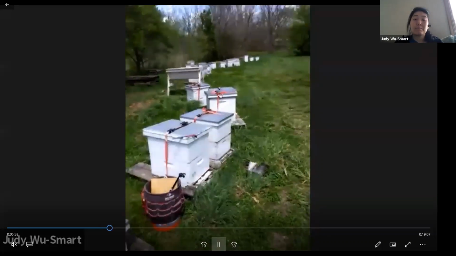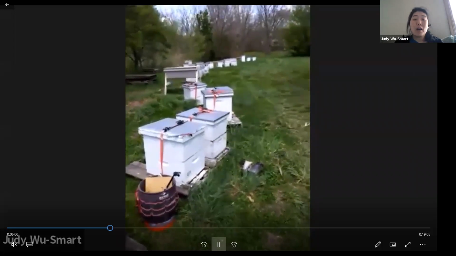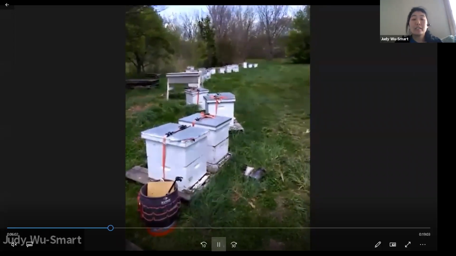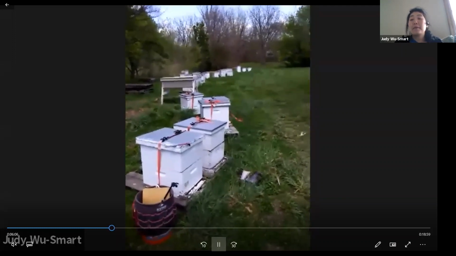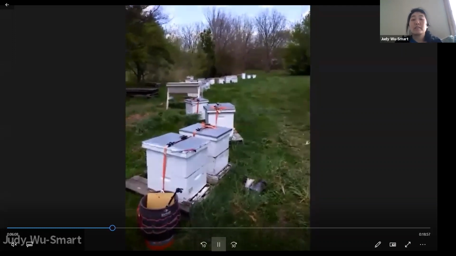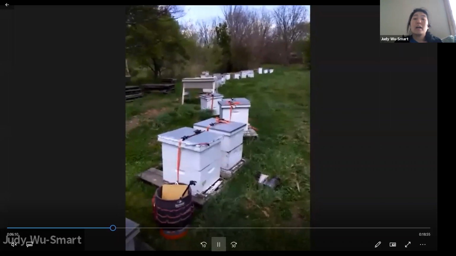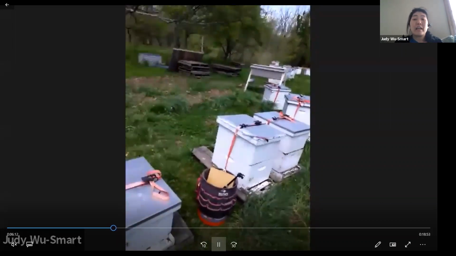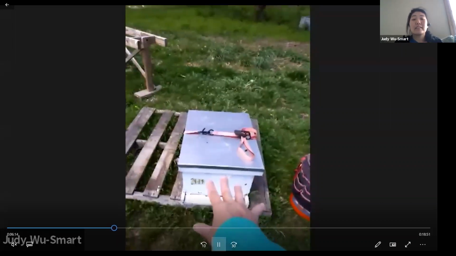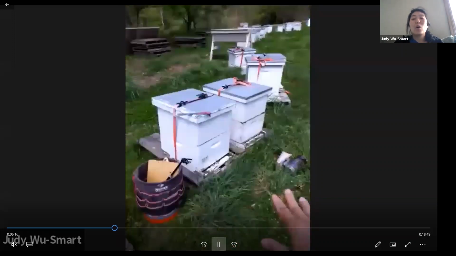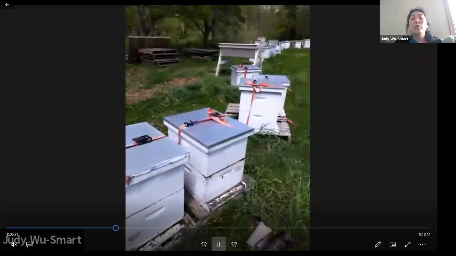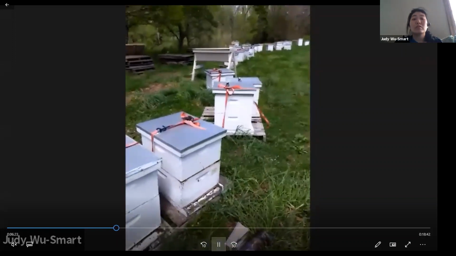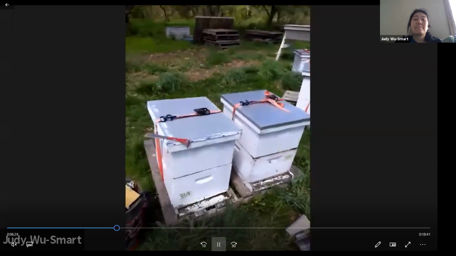In each of these boxes is one colony of bees, and that colony will contain one queen and many, many worker bees. Those worker bees might fill a small colony like this with only 10,000, or in these larger colonies anywhere from 30 to 50,000 individuals, all part of one colony.